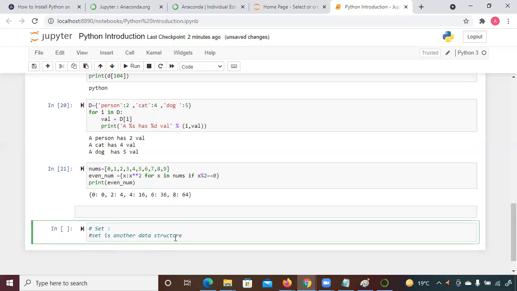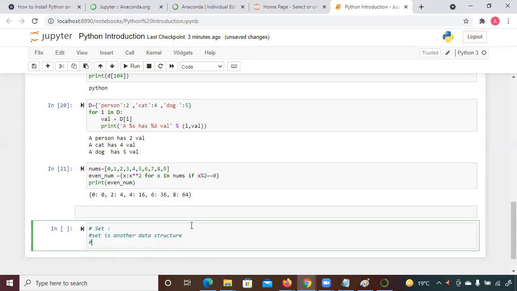And what does set provide you? Set is a data structure, and it is an unordered collection. It does not follow any order. Okay, it is an unordered collection of distinct elements. It does not follow any order, and it does not allow duplicates as well.